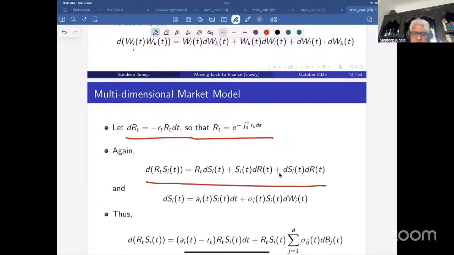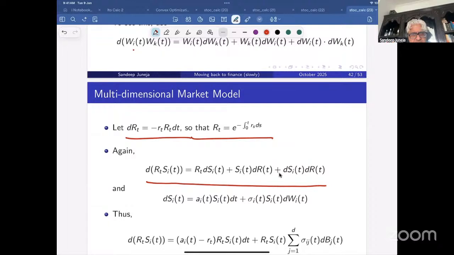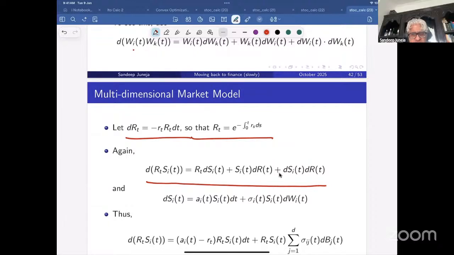In single dimension, we started with a model of discount rate and one risky security. Then we said, okay, if we do the Girsanov change with the density given by mu t minus r t upon sigma t, then indeed our discounted risk-free asset becomes a martingale. We showed that already, right? And then we said that the portfolio corresponding to the risky security and risk-free security is also a martingale. So now we just want to extend that idea to multiple securities,